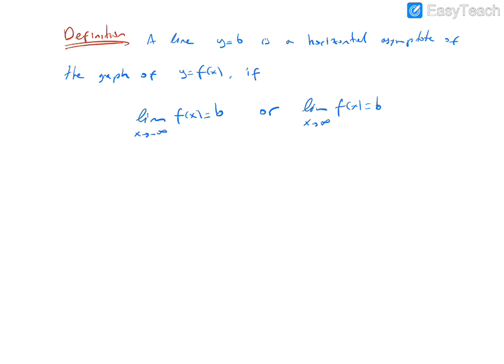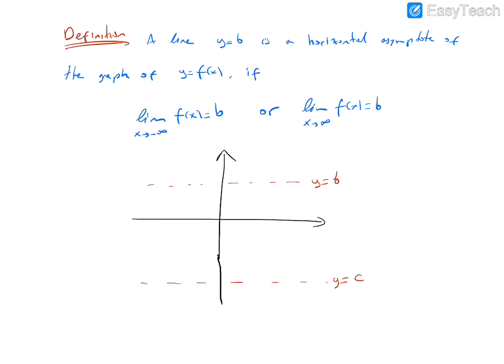Let's show some situation about this case. For example, let's consider this graph. This is y equals b. Let's say this is y equals c. According to this graph, c is negative, but it does not have to be negative. So this is the graph, for example. Maybe we can sketch some known graph, but symbolically I show it like this, okay? This is the graph.